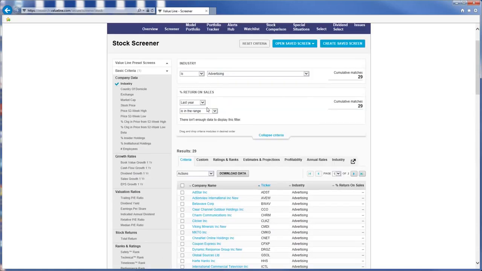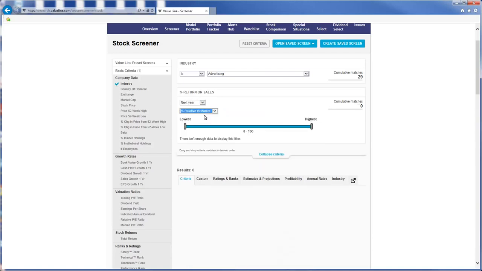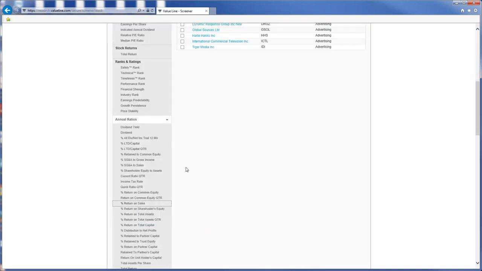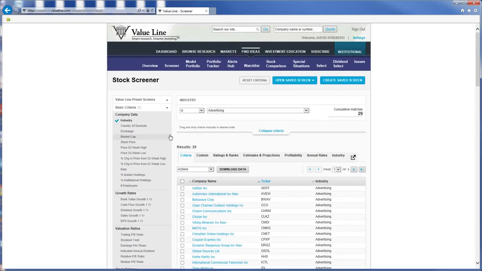I'll scroll up. You'll see there's other choices. Last year, next year, 3 to 5 years out. Next year in the range of relative percent to market. It gives me the ability to move a bar, and I can see based on this criteria, I'm coming up with 0 matches. So I will then scroll down again, remove that criteria, and we'll just stick with our simple